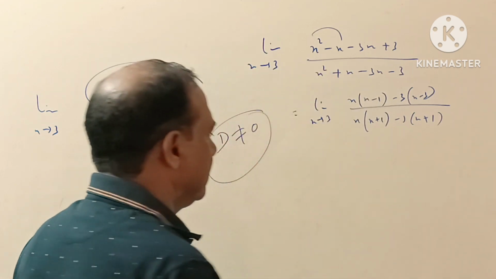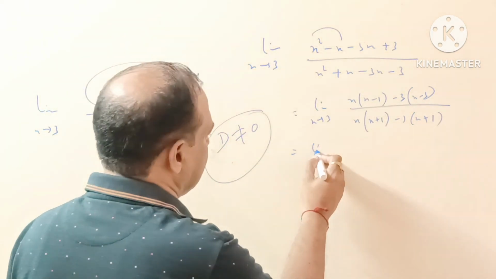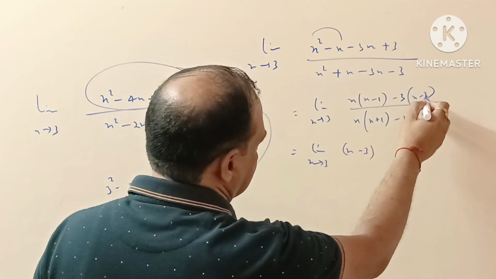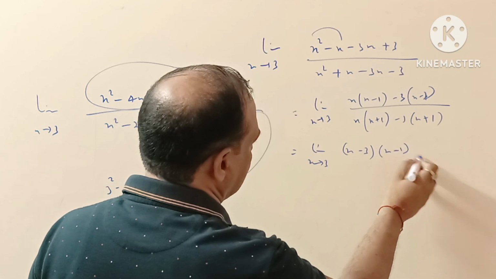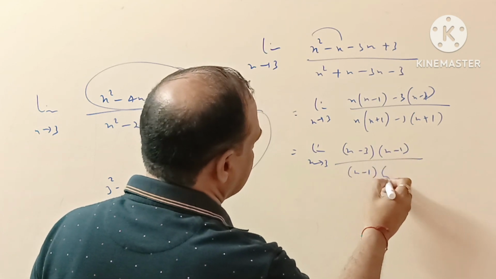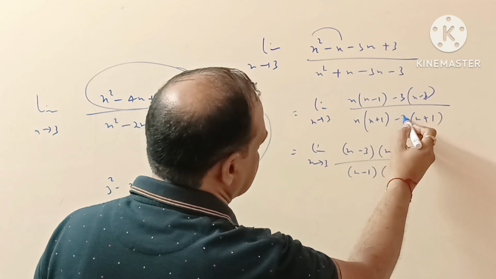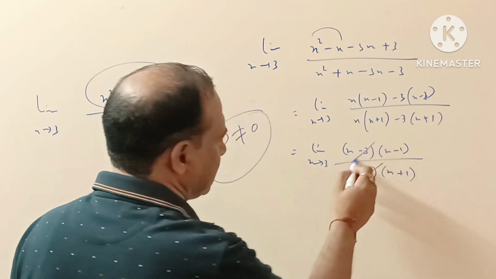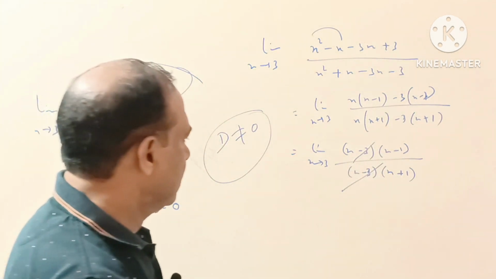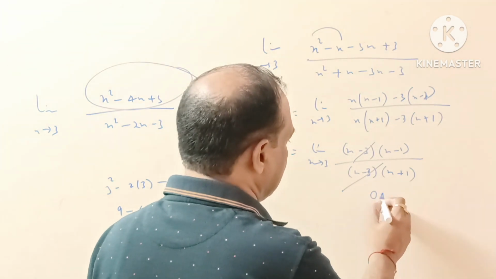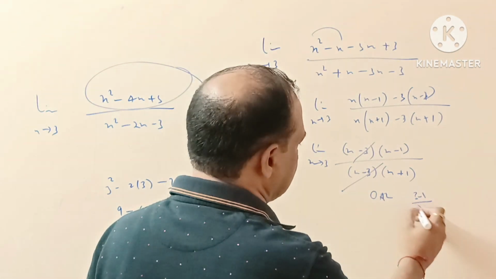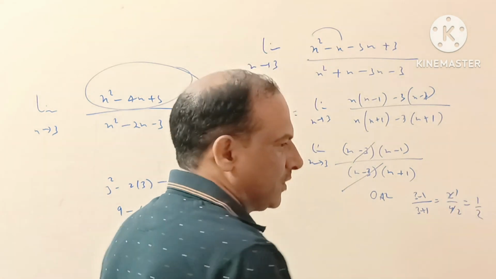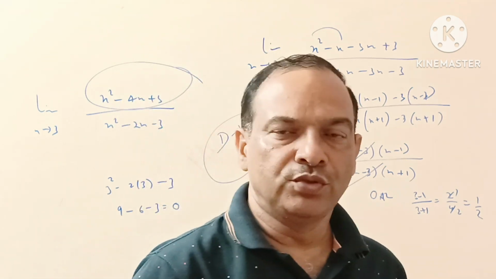Okay, now if I do it further, you will be having limit x tends to 3, and here this is x minus 3 and x minus 1 in the numerator, as well as x minus 1 and minus 3, x minus 3 and x plus 1 in the denominator. This x minus 3 will cancel out one another, and now on applying the limits, I will be having 3 minus 1 over 3 plus 1, which is equal to 2 over 4, which is equal to 1 over 2. I will be having 1 over 2 as the required answer